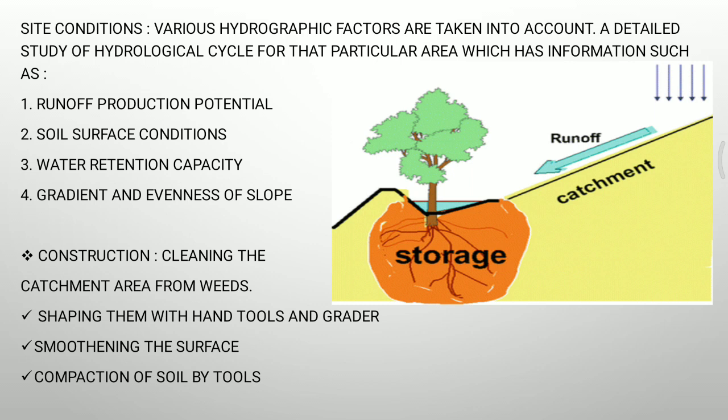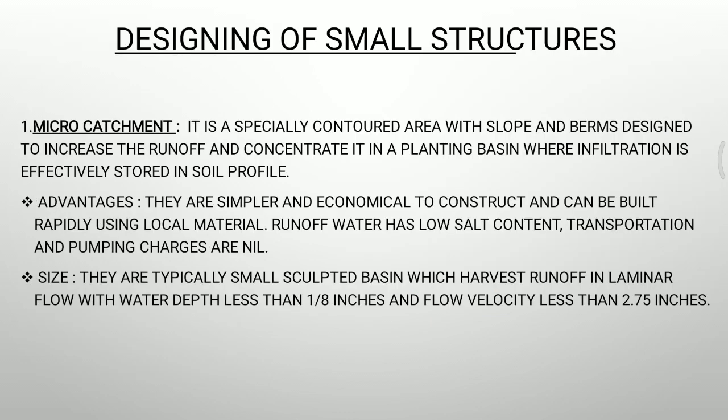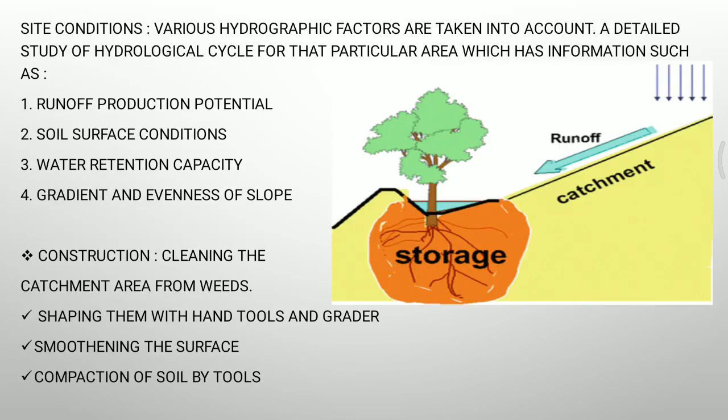So as you can see here, there will be rainfall and there will be runoff, and this runoff is mainly made to store over here above the plants. So there is a particular shape which is given over here for the conservation of water. So this is called micro catchment. So it is specifically a contoured area in the slopes. So only in the areas of slopes this can be done, because the runoff will start collecting at the point and there is a rising of this slope, so that the water will stay over here itself.